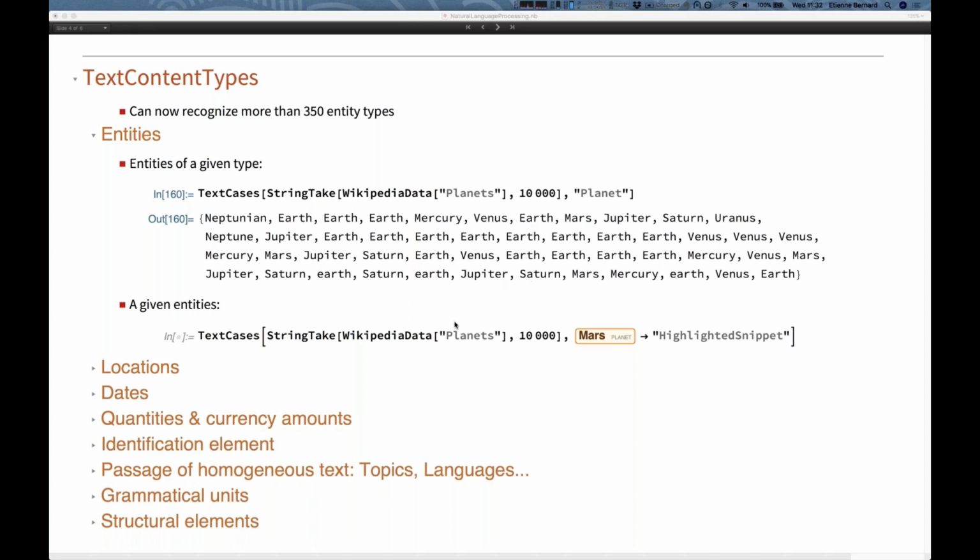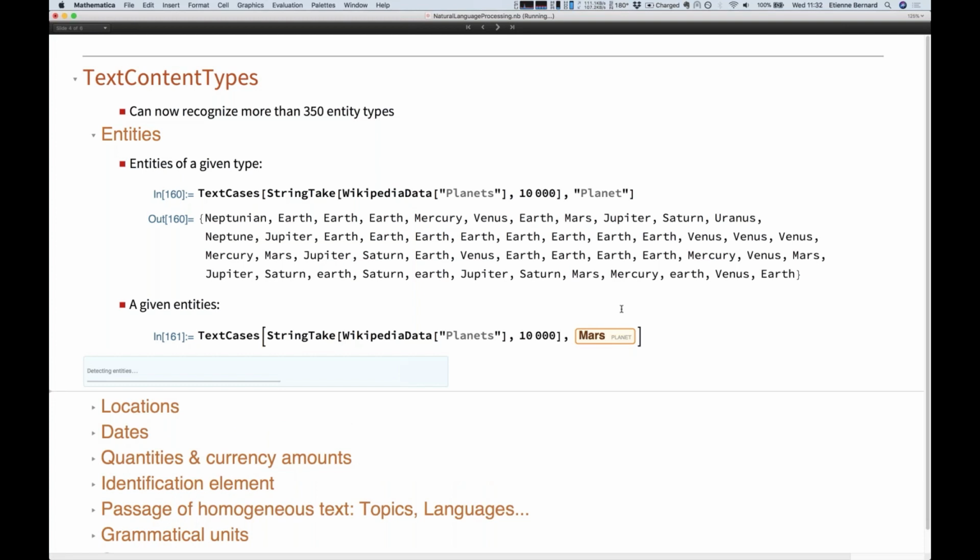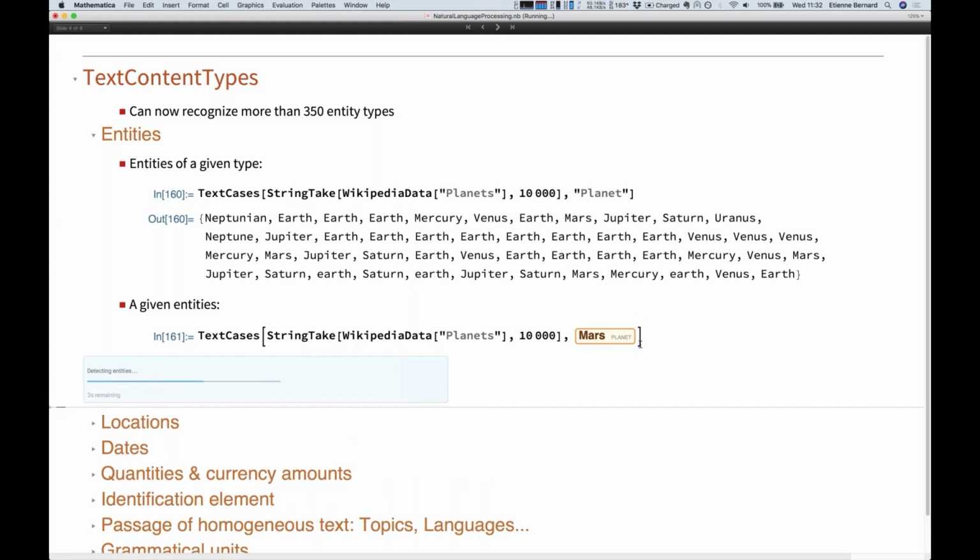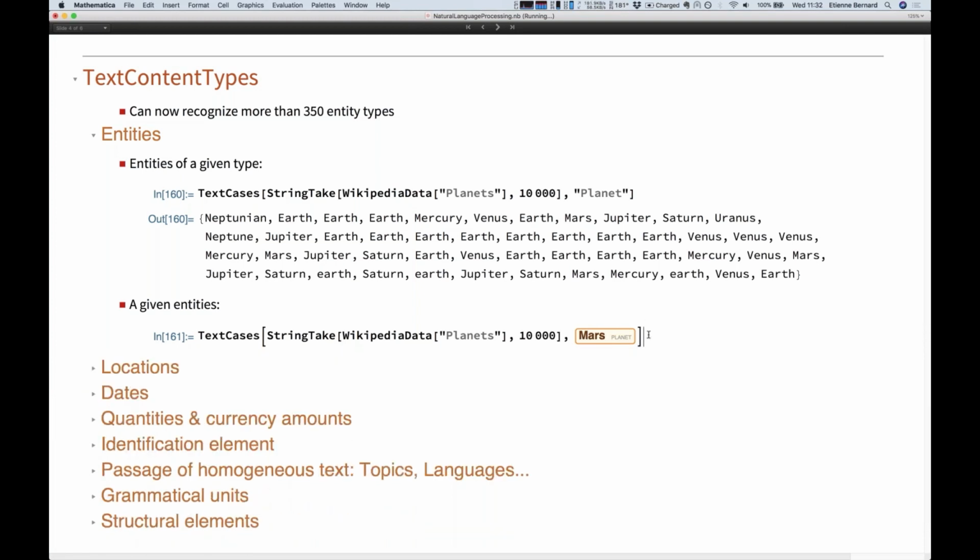All right, so that's one, and you can ask many other entities. You can also ask for, so let's remove that for now, a specific planet. So I want the planet Mars that you would enter by doing control. Let's actually do it. You would do control equal.